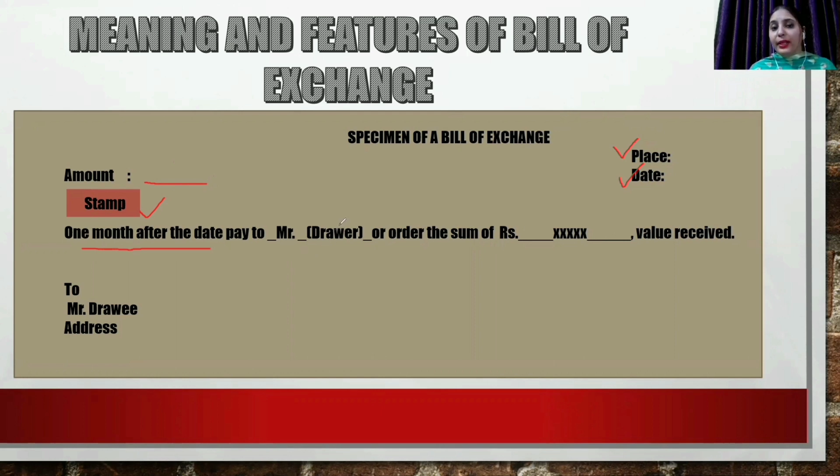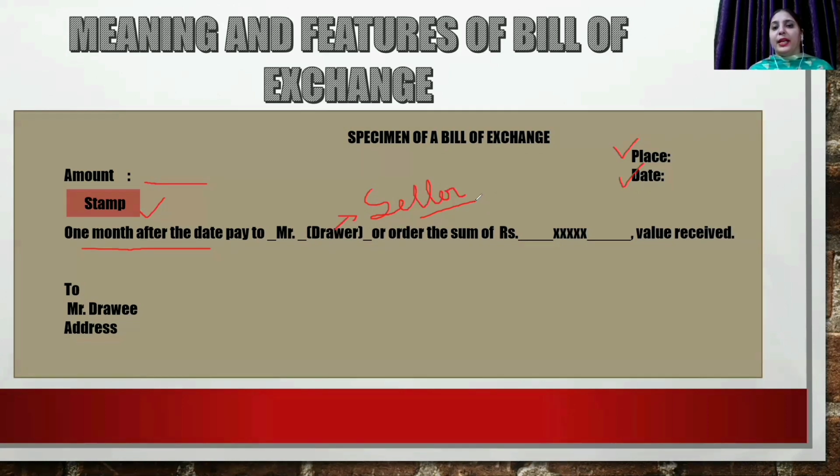This drawer is the seller. We have seen in traditional business also, whenever we go to buy something, even if we are making payment on cash basis, the seller draws a bill. That bill is a cash memo. We have already done this topic in our previous chapter, source documents. Here, this bill of exchange is evidence that the transaction has taken place on credit.